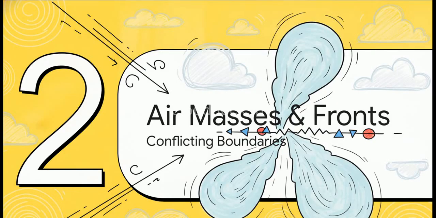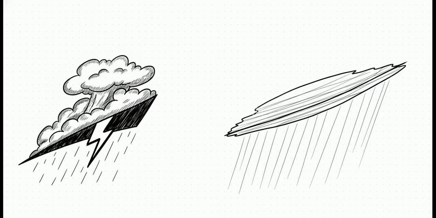Moving right along to Section 2, air masses and frontal boundaries. This brings us to a really critical showdown, the cold front versus the warm front. And what's honestly fascinating here is how physically different these two boundaries are from one another. A cold front is dense, it's aggressive, and it is fast-moving. It has a super steep slope of about 1 to 50, meaning for every 50 miles horizontally, it rises 1 mile vertically. This extreme steepness triggers violent lifting, which leads to convective turbulence and severe wind shear.